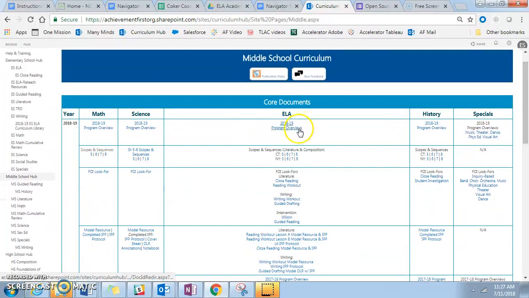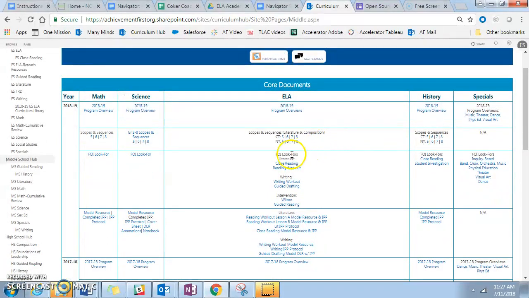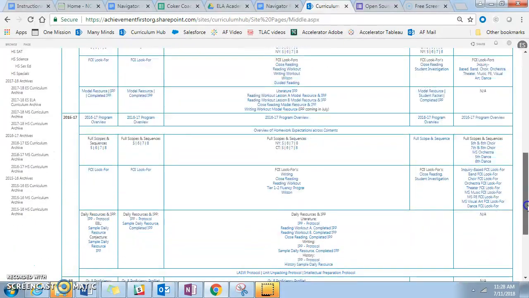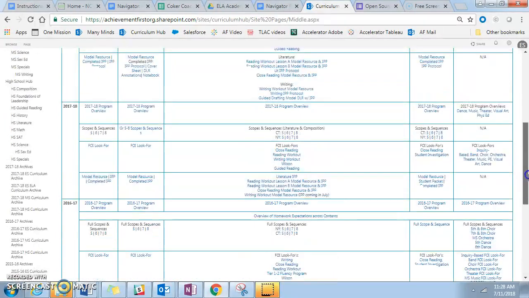That includes the overview of the program as a whole, the scopes and sequences for our different states who have those grade levels, and other incredibly important resources that are central and pivotal across the whole year. So that's fundamentals of instruction documents at a deep level. What do we want each of these daily lessons to look like? Some model materials, etc. And then there are archives of those for previous years that are also available.